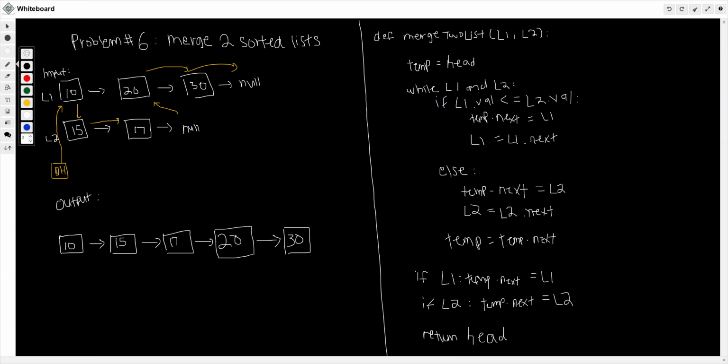Yeah. So that's the code that would take care of things, and it would do it in line with no extra space. So time complexity is